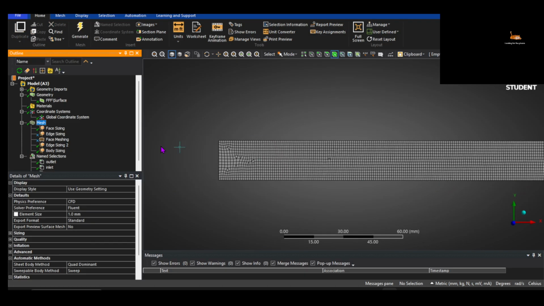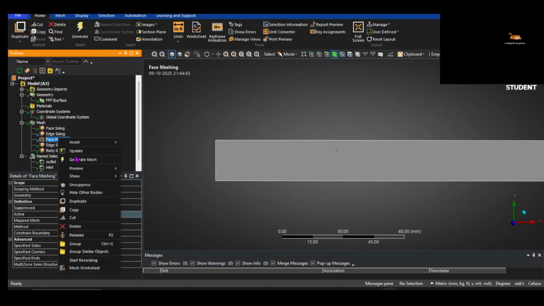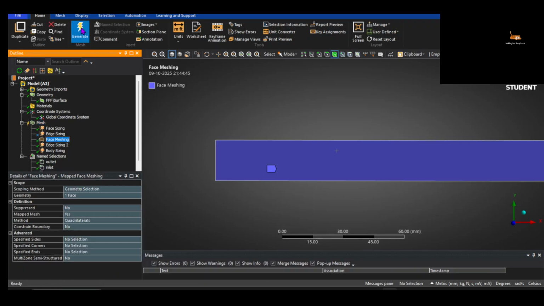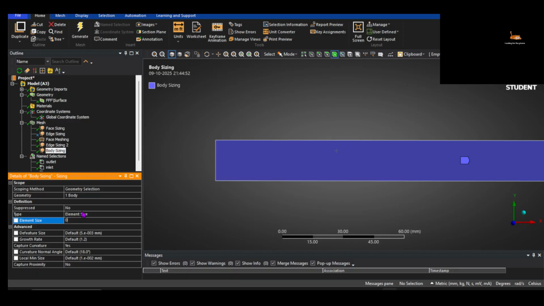Okay, now face meshing is important because of this irregularity. If I turn this face meshing on, I guess these irregularities will no longer be there. Okay, yeah, you can see. Again, let's try for 0.5. Element size by default is 0.1. If I make it 0.5,